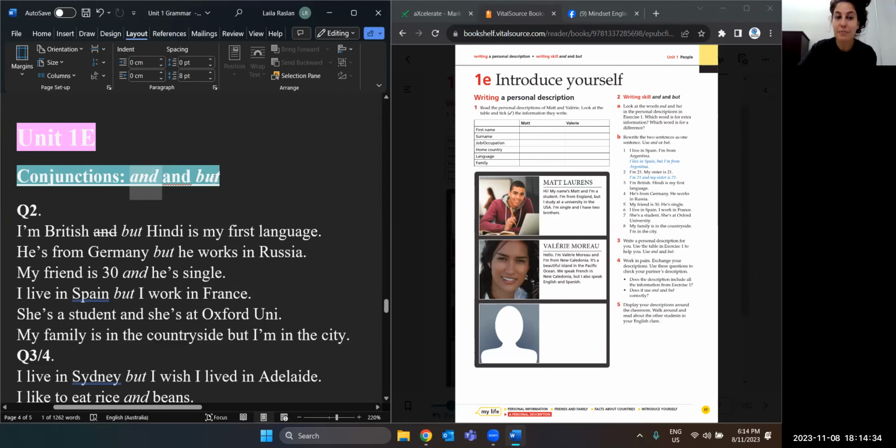And then we have but. But is a word that we use in the middle to connect one part of information to another part of information. So instead of using a full stop, these words and, but go in the middle. But is more like when you're changing what you're saying, like I like coffee, but I don't like tea. So you must be speaking about something and going against it. Or I love summer, but I don't like winter.